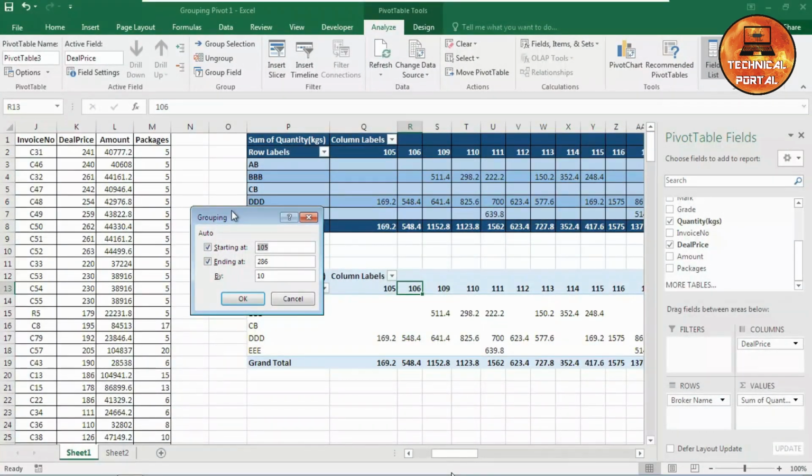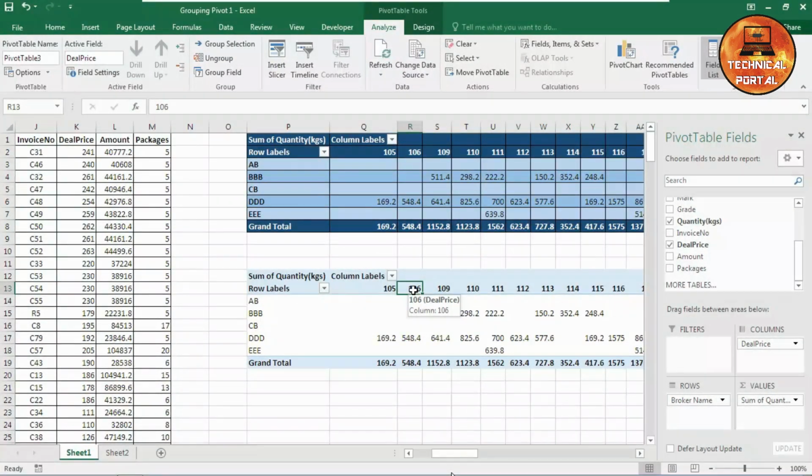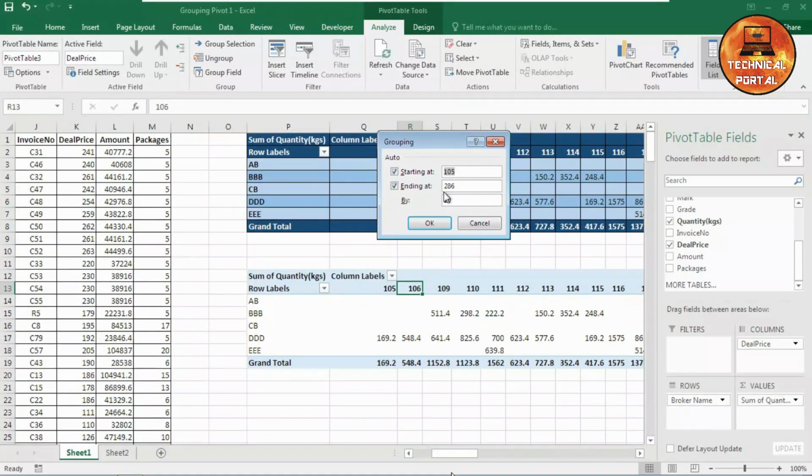Now this pop-up window will open up. But if you don't want to do all these, just simply click on the data where you want to create the group and right click on it. Here you will find the group option. Now here you can add or customize your starting and ending value manually, right?